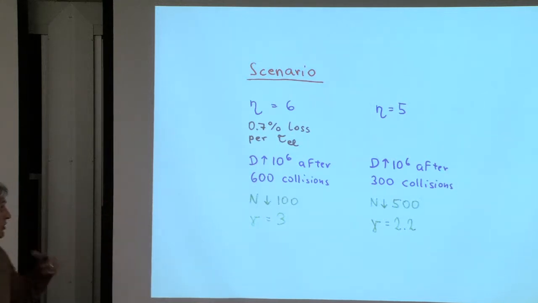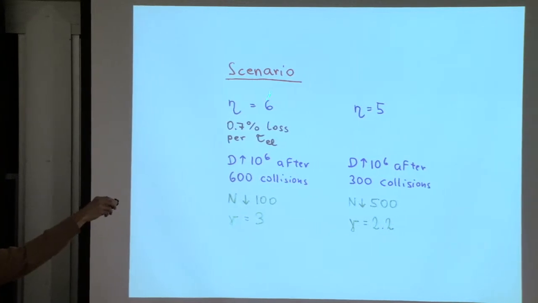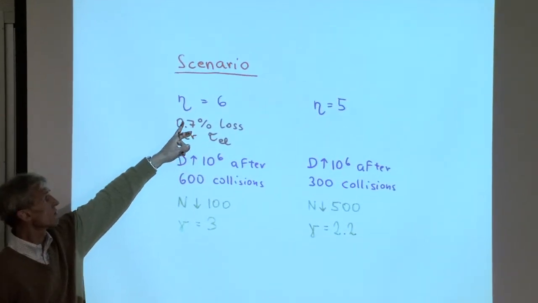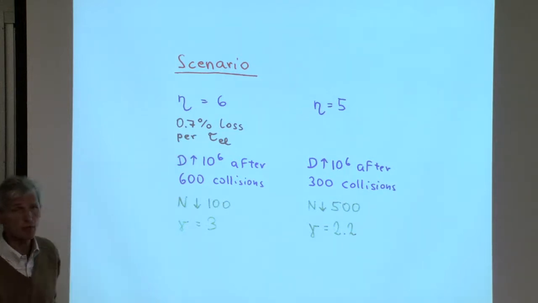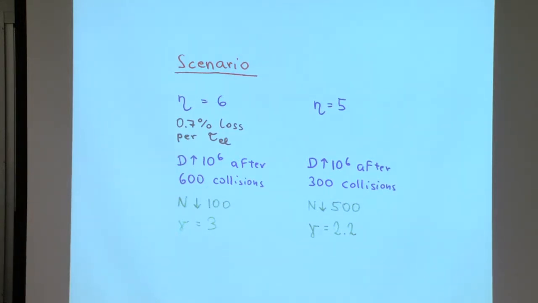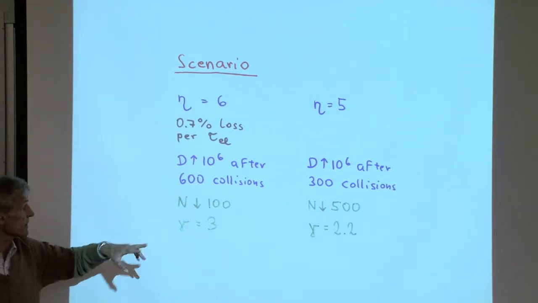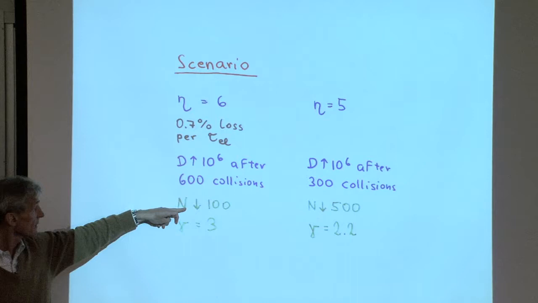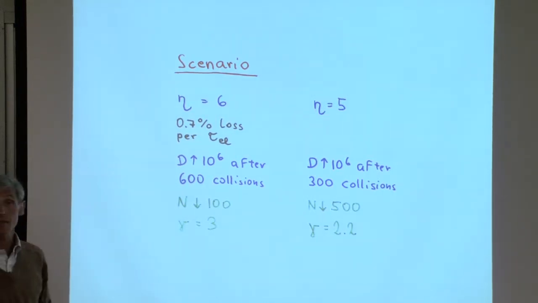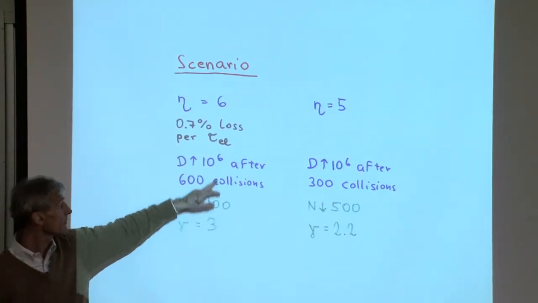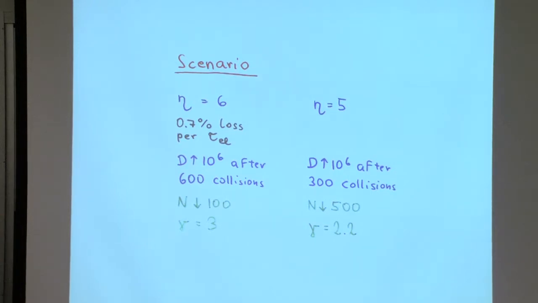So based on those models, you will find out that if you truncate at an eta parameter of 6, every truncation of the Maxwell-Boltzmann distribution means about 1% loss in the atom number. And after 600 elastic collision times, you have lowered the atom number by 100, but your phase space density has increased by 6 orders of magnitude. And that means if you have 2 orders of magnitude in the number and get 6 orders of magnitude in the phase space